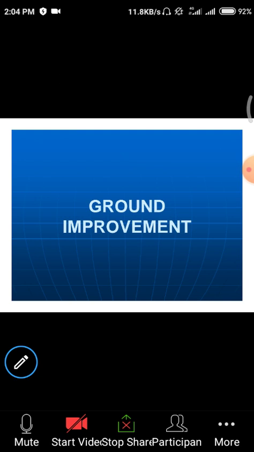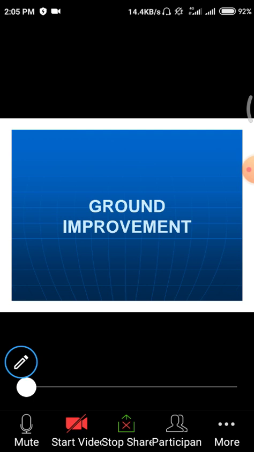This is one of the elective subjects prescribed by the University of JNTU. Ground improvement techniques is totally related to geotechnical engineering. That means geotechnical engineering you studied in third year second semester, and in the present semester also you are studying as GTE2. So it is somewhat relevant to this GTE, that means geotechnical engineering, and some of the subject is from